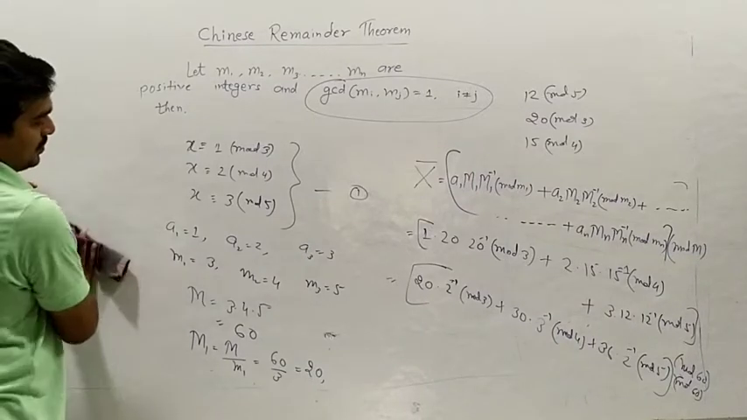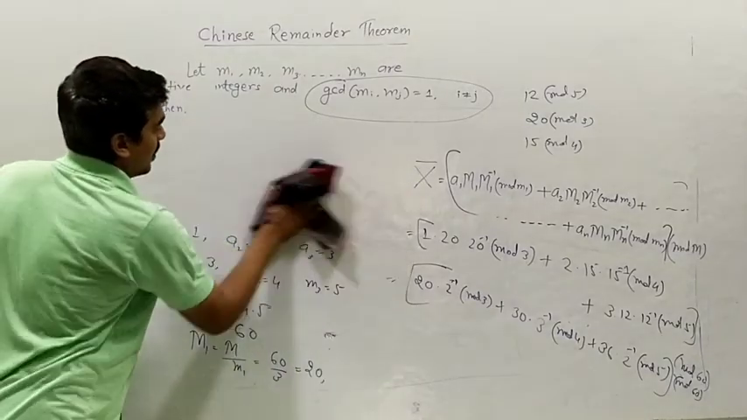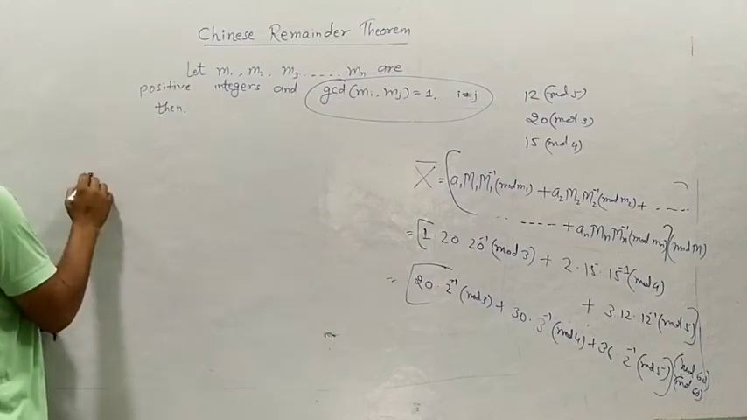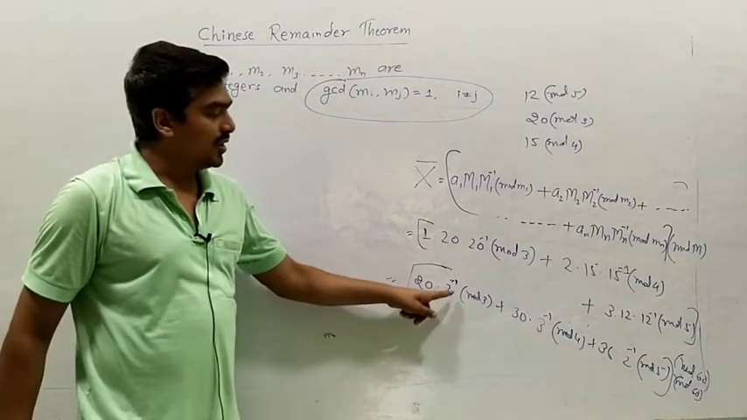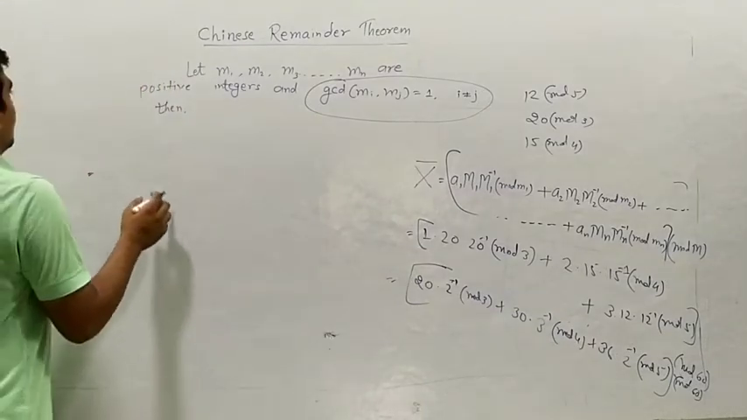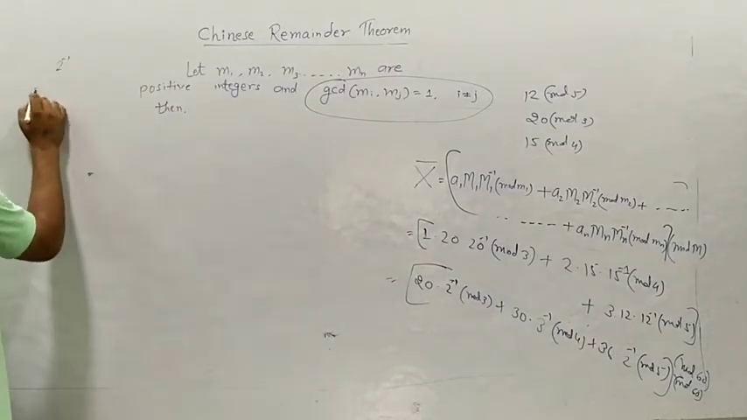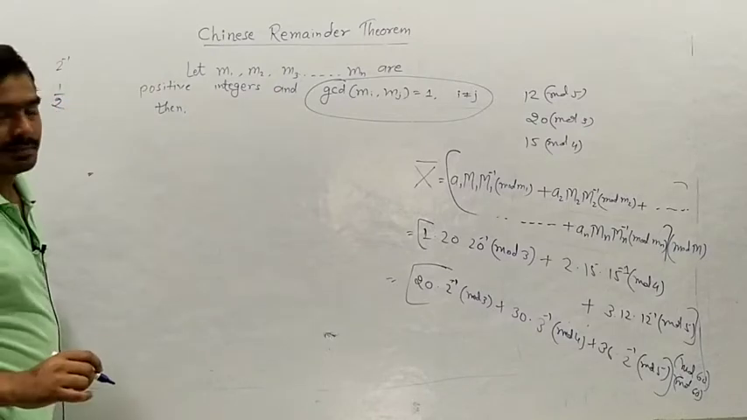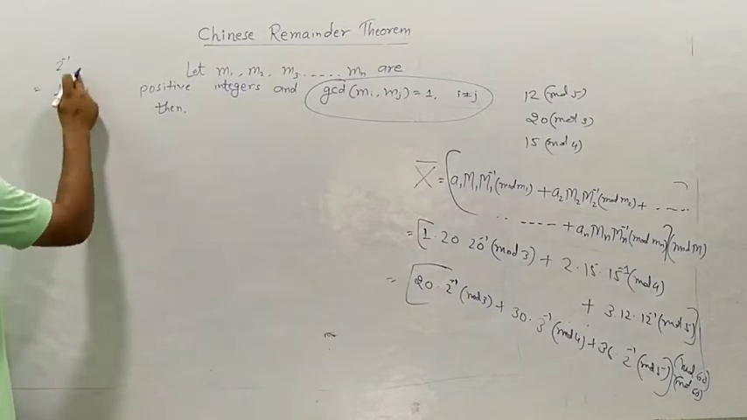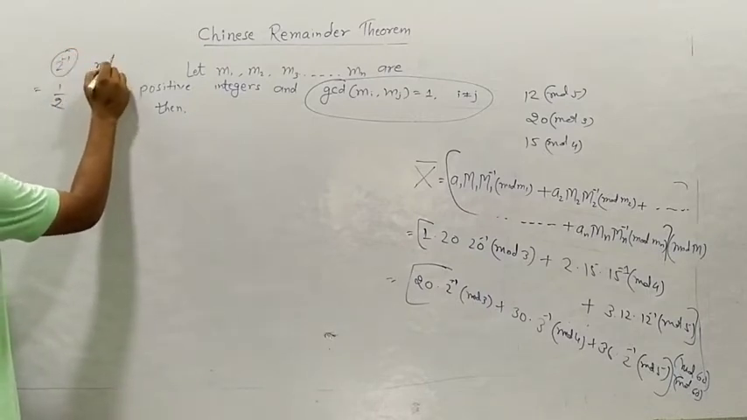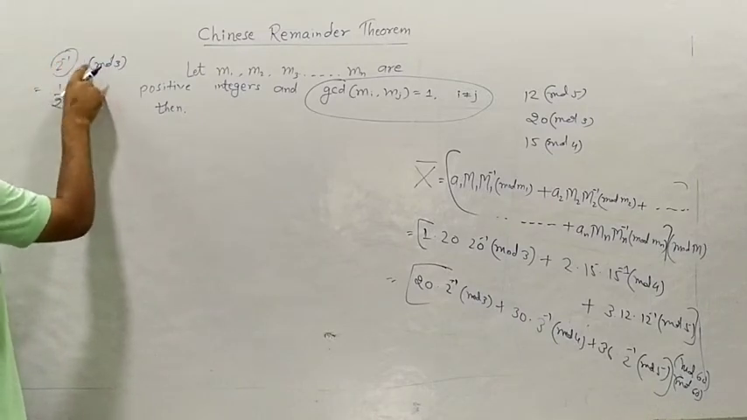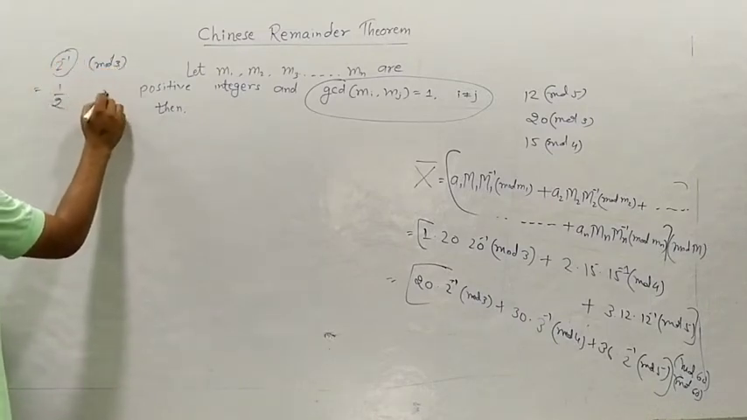Now, how we can find 2 inverse in modulo 3? Okay, so for this, what is 2 inverse? 2 inverse, that is 1 by 2. Okay, now since we have to calculate this 2 inverse in modulo 3, listen carefully friends, we have to calculate 2 inverse in modulo 3. Therefore